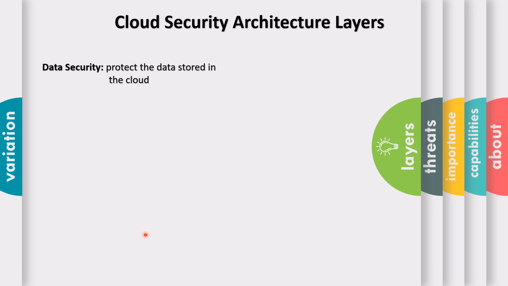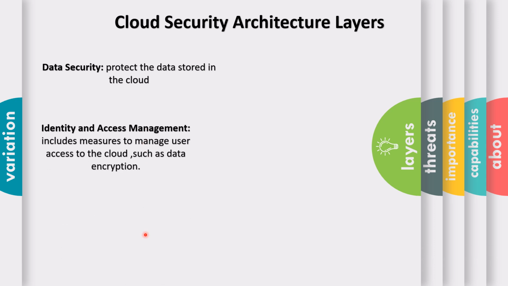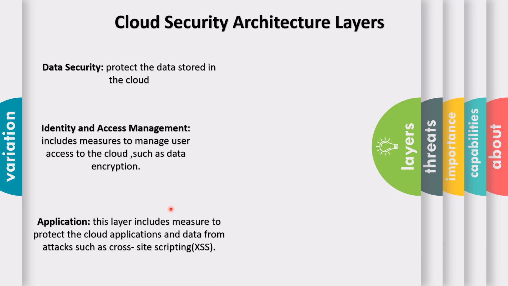Data security protects the data stored in the cloud. Then identity and access management includes measures to manage user access to the cloud. Then application security is about protecting the cloud-based apps you use from vulnerabilities and attacks that could compromise your